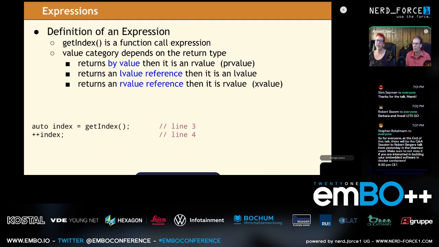But the takeaway on this slide is to understand that you can't just assume that getIndex, since it is a function call and it doesn't have a name of itself, would look like it's always an R value. And that's not true. So its value category could be an L value. It really depends on the underlying code. So once you can point to every expression in your source code, you will understand your code a lot better. If you can point to every expression in your source code and know what data type and value category corresponds to it, you will really understand your code.